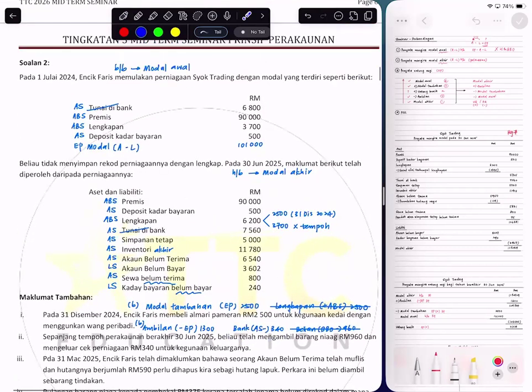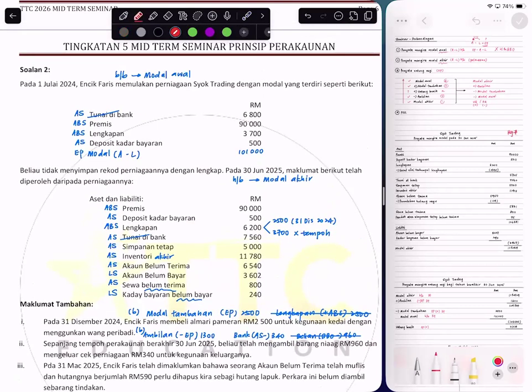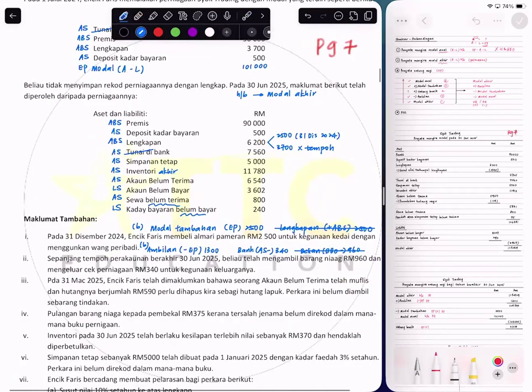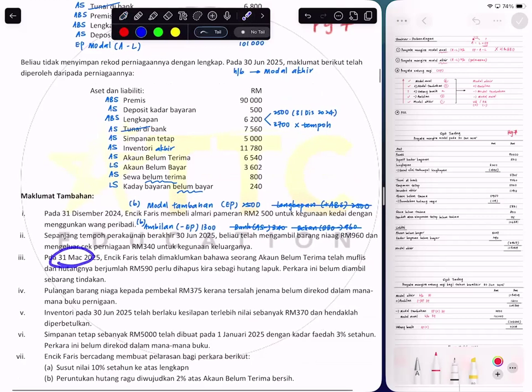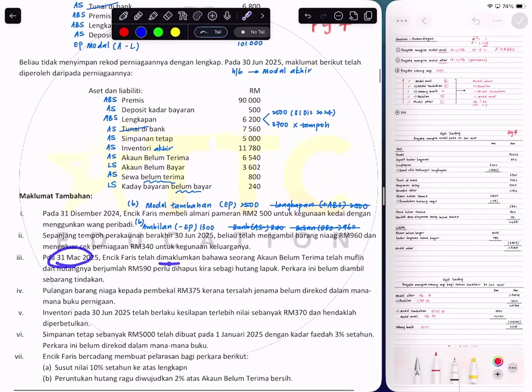Again, the student who just came in, we are in page 7. I write the page here. Okay, so since bank already showing in the question already, and they never mentioned that we haven't recorded, so assume that we recorded already. So this one also ignore. Only keep the ambilan for penyata untung rugi. And number 3, on 31st March, the boss dimaklumkan has been informed that there is one EBT muflis, bankrupt already, and his hutang dihapus